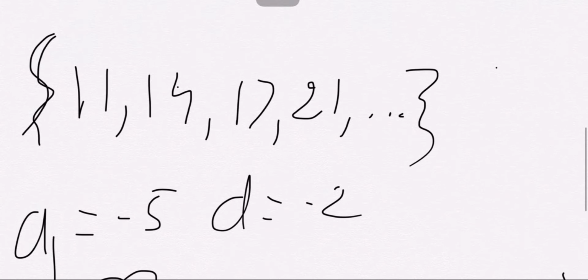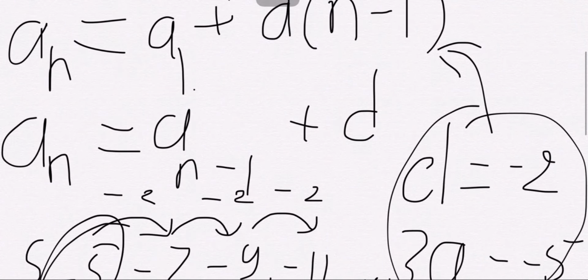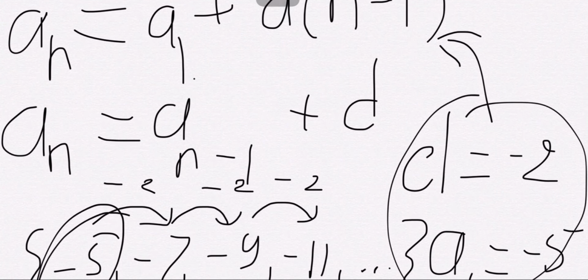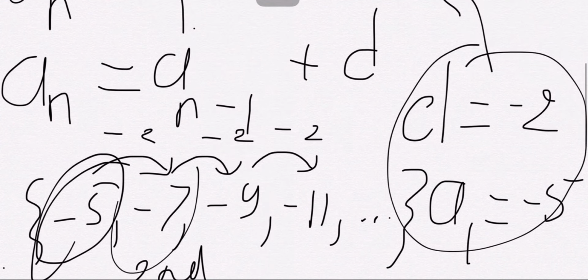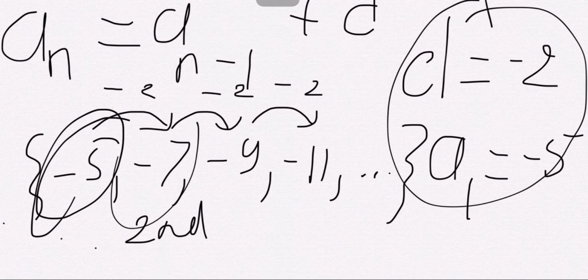Instead of looking at this sequence and counting, a sub 1 is -5, -7 is the second term, then keep counting -2 each time. Instead of having to count from one value to the next, like from -5 to -7, which is the second term,